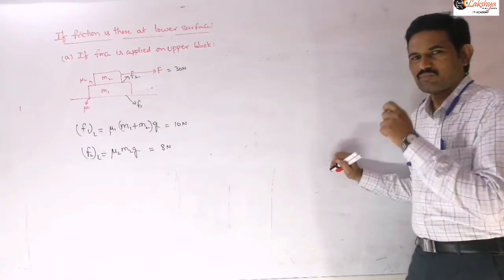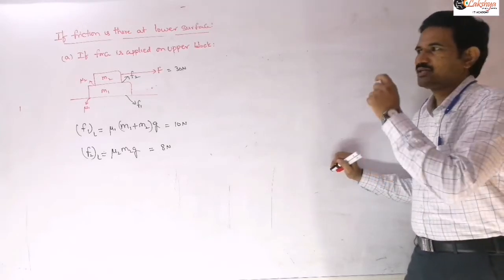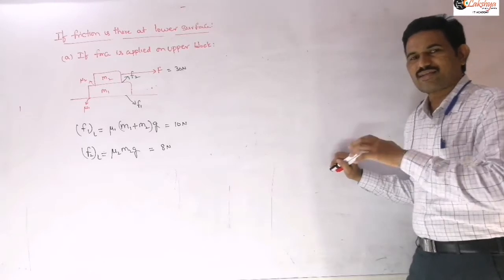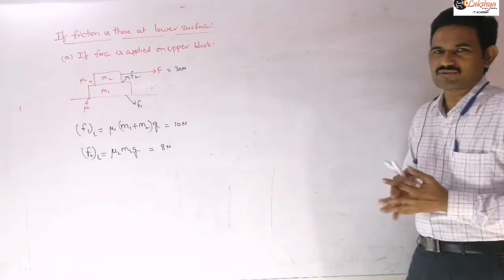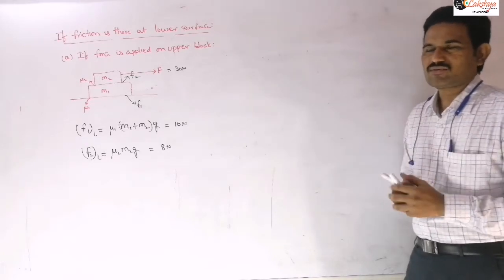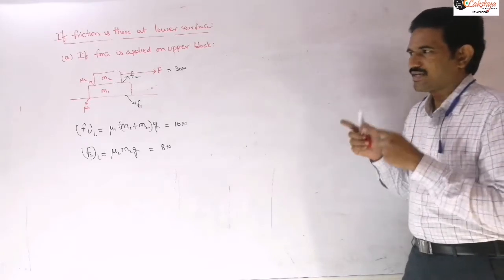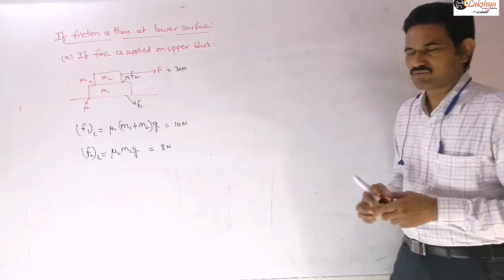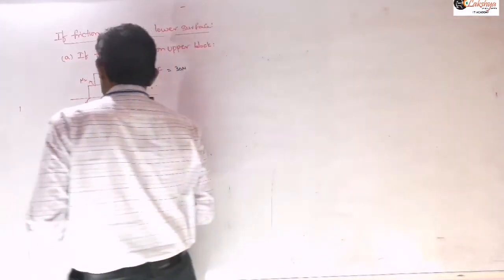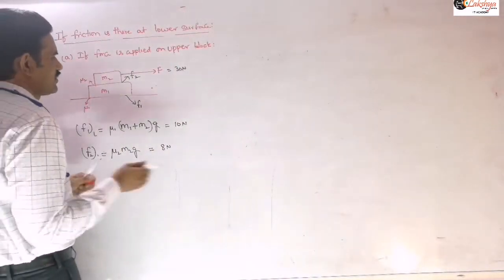M1 block doesn't move. Only that M2 block will start accelerating on M1. That means there will be some relative slipping between the blocks here. That is why, because the force acting on this M1 is only F2. That means accelerating force. If you are taking the free body diagram here, so if I consider this free body